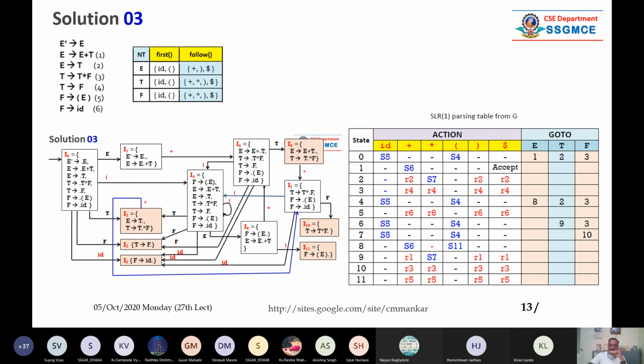Now, think that how to build it. See, take the state number 0. State number 0. See the diagram. State number 0. On input capital E, you are going to I1. Right? On input capital E, you are going to I1 state. So see, go to part. In E, we have written 1 in go to part. That is a bluish. Now again, on capital T input on I0, state number 0. On T, you are going to 2, state number 2. So in go to part, you are writing here 2.